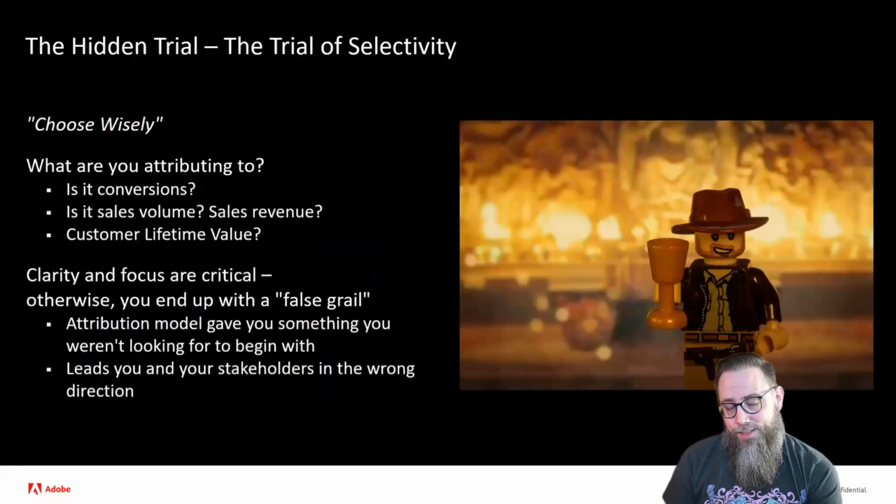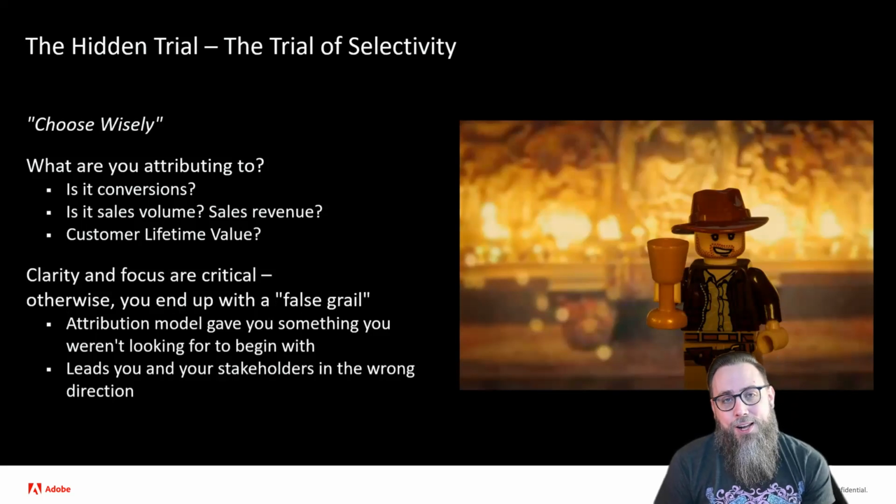And then they sort of clinched this with the hidden trial of selectivity. If you remember the end of the last Crusade, spoilers for those of you that haven't seen it somehow, there's the knight from the Crusades that is guarding all of the chalices, one of them being the cup of Christ. And the famous line, "Choose wisely." And we of course know the villain chose poorly and then became a desiccated husk.